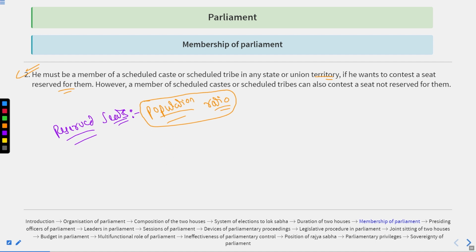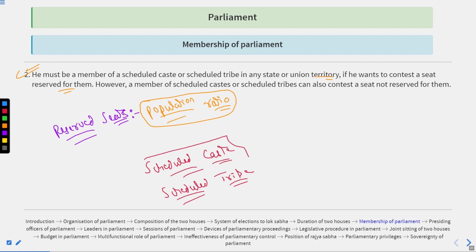So basically, the candidate who belongs to that particular scheduled caste or scheduled tribe, only that particular person can contest for that particular reserved seat. Okay. If the person does not belong to that particular scheduled caste or scheduled tribe, then he cannot contest